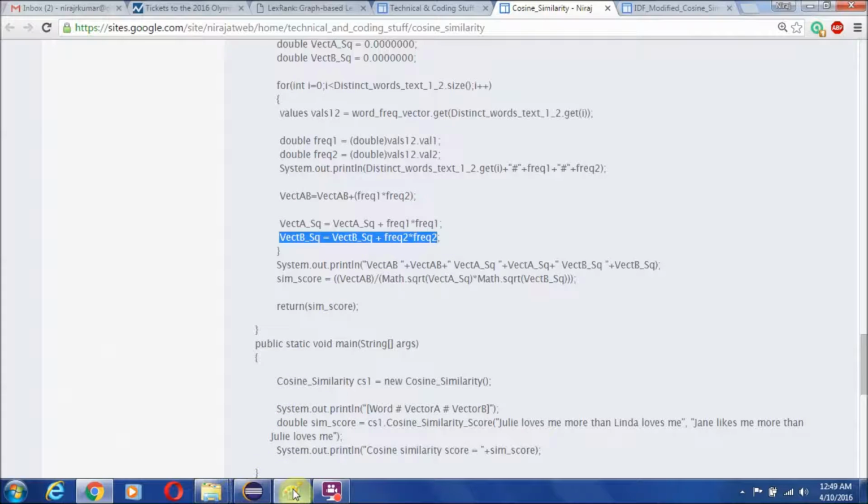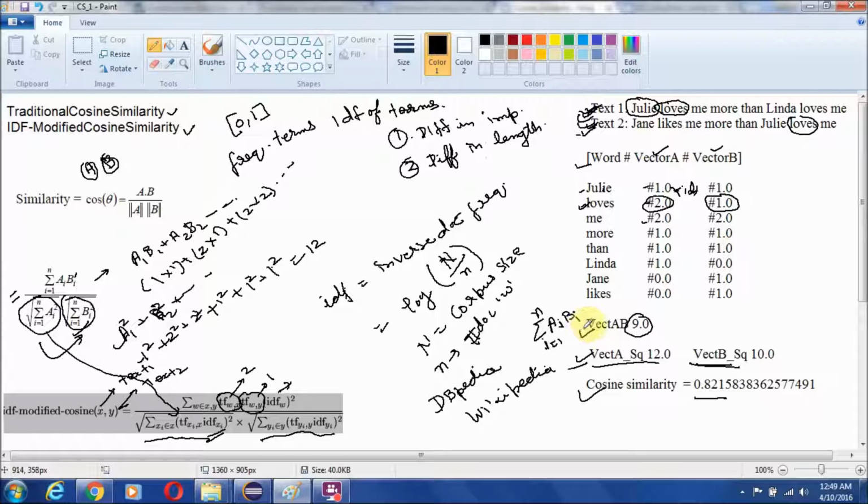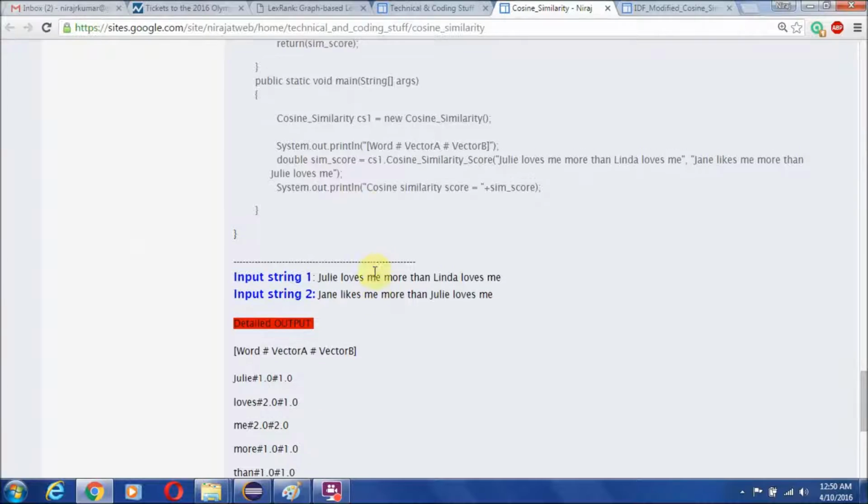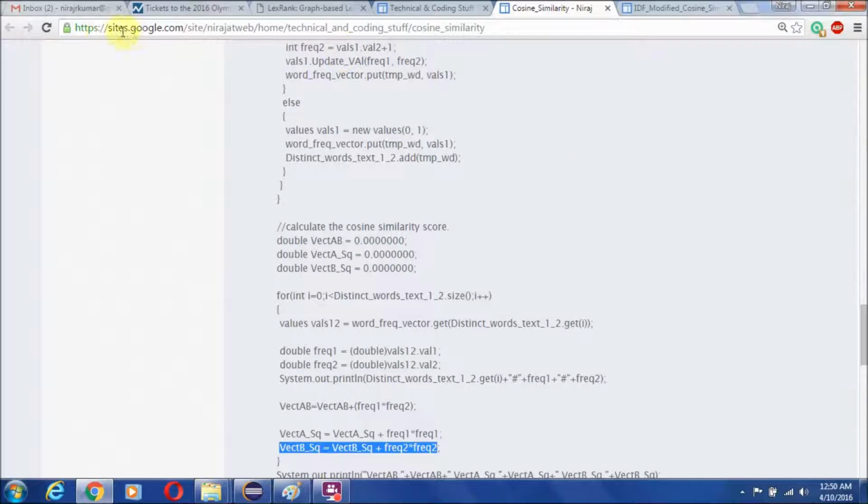This is equivalent to this explanation. And after that it is easy to calculate. You can download the source code from my website,